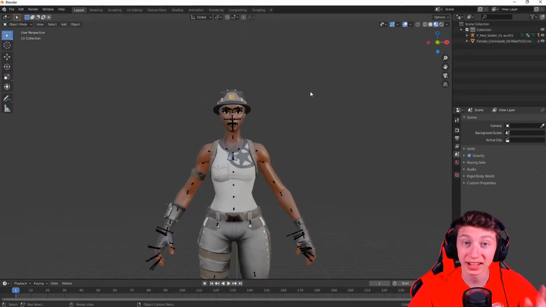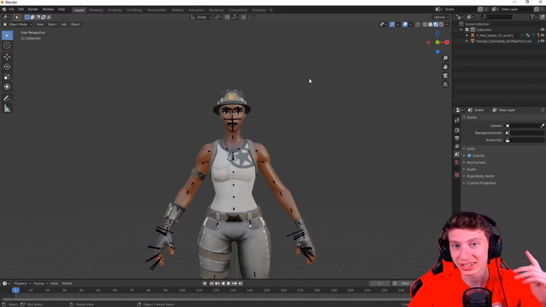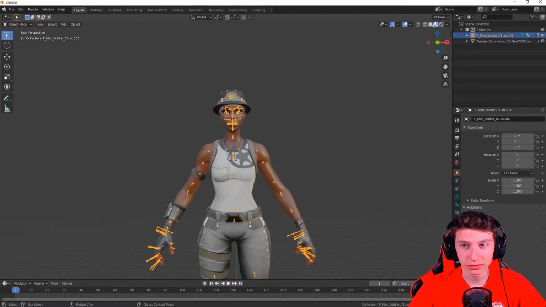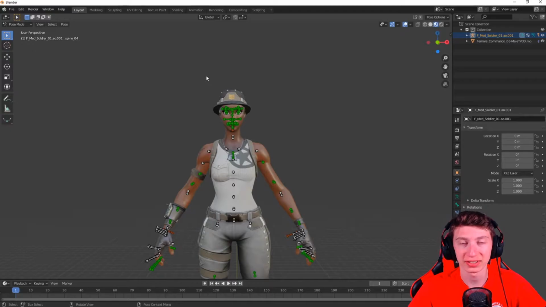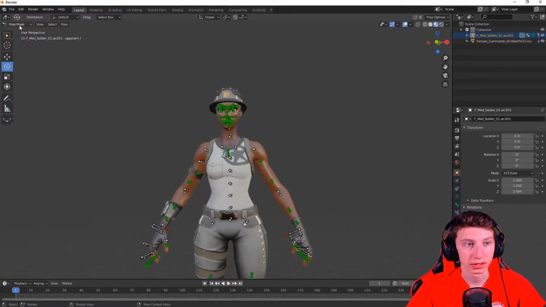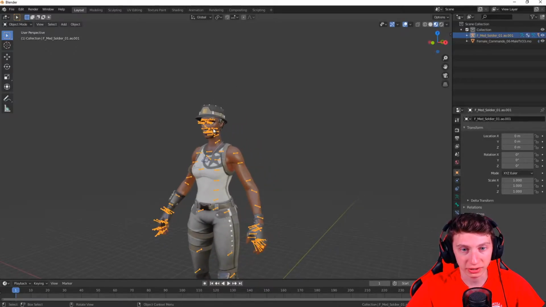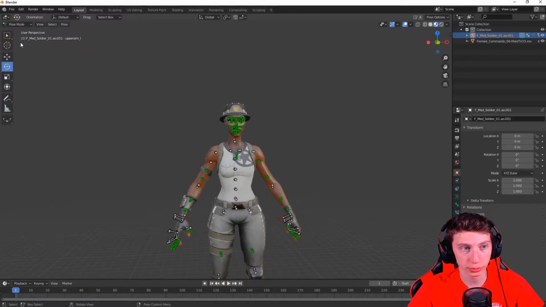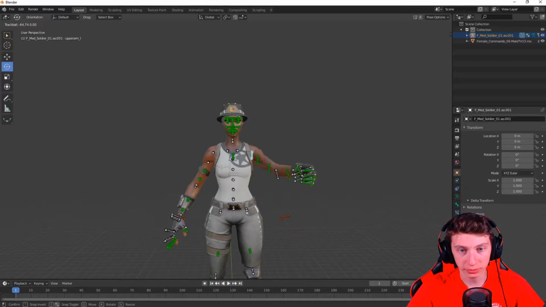Now that the skin has loaded, we want to get it into a good position. So basically what we have to do is just model it now. This isn't going to be such a modeling tutorial as it is going to be general tutorial. So with modeling, you just have to get used to it. Honestly, there's not much I can really tell you. But from here, you want to click on the bones, like it'll turn orange, and then go up here, go to pose mode, go to this little rotation tool, and then rotate the arms and whatever